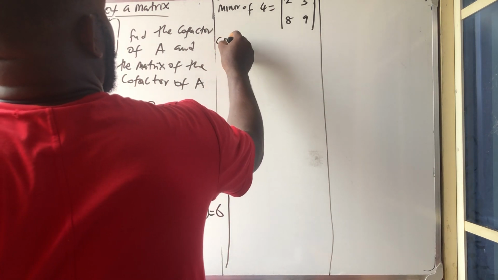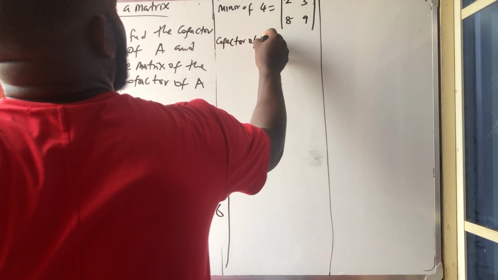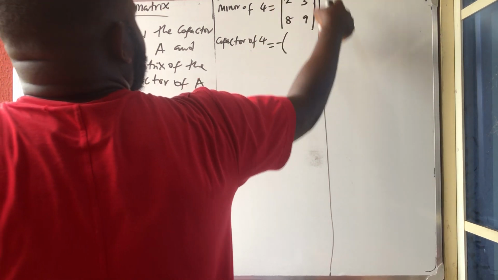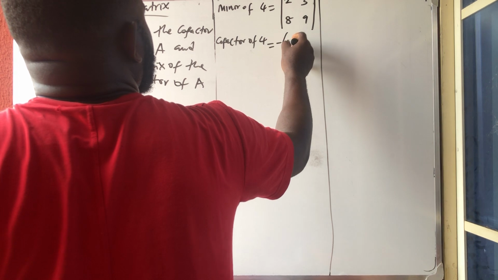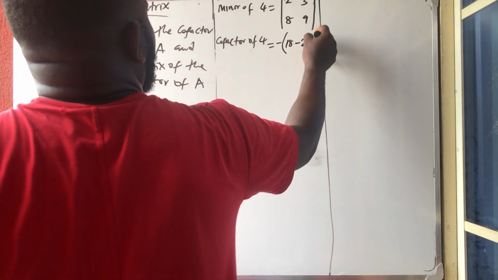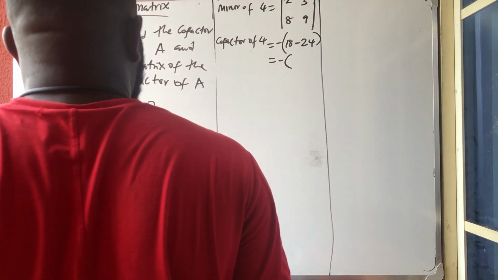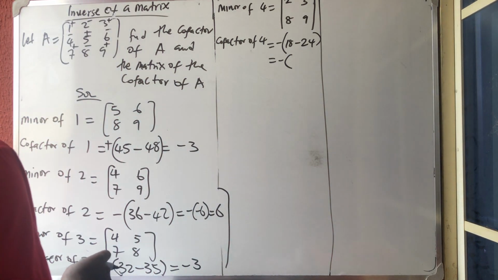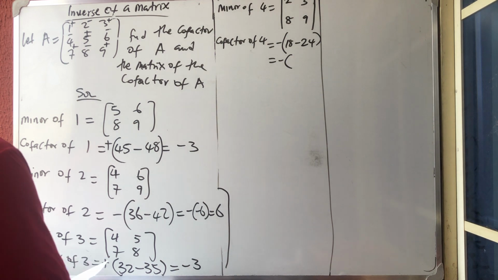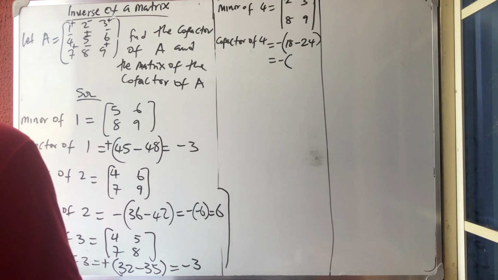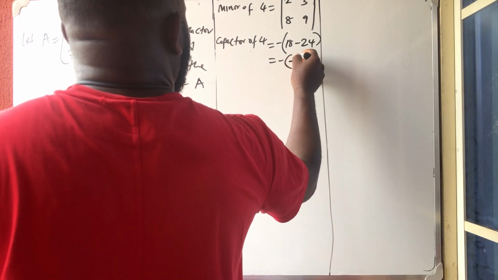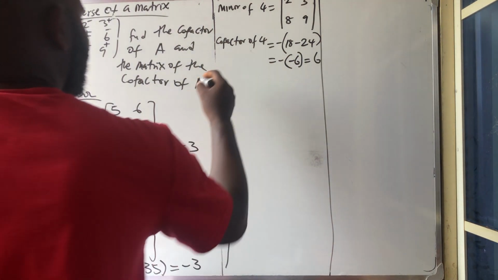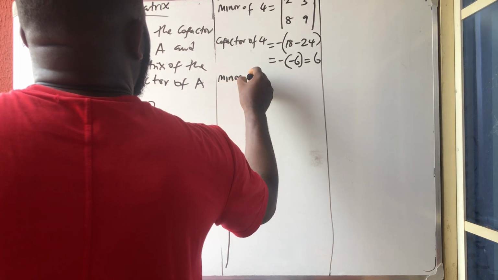The cofactor of 4 is simply, don't forget that 4 is minus. You say minus in bracket of left and right. This time this is 18 minus, this time this is 24. So I'm left with minus in bracket of 18 minus 24, which will give me 6. Okay, so I'm left with minus 6 here, which will give you just plus 6. So the next thing we're going to get is minor of